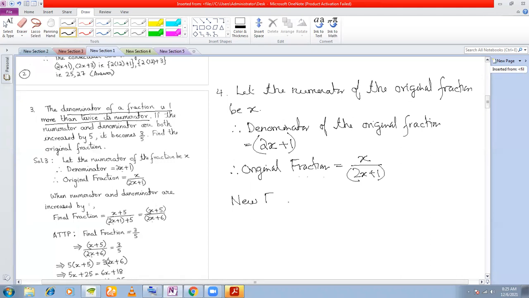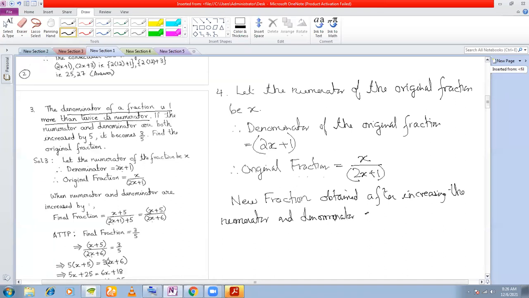New fraction obtained after increasing the numerator and denominator each by 5 is equal to, in the original fraction,